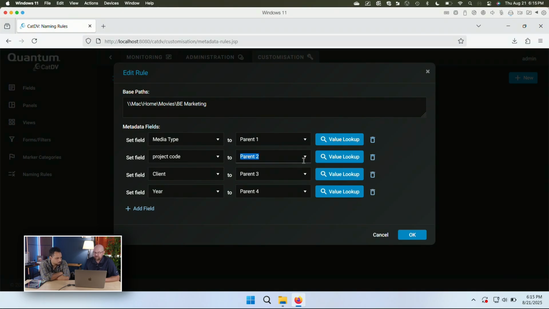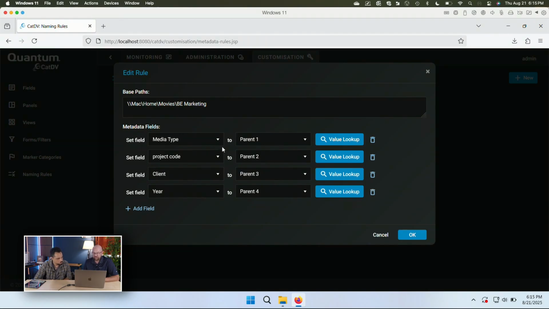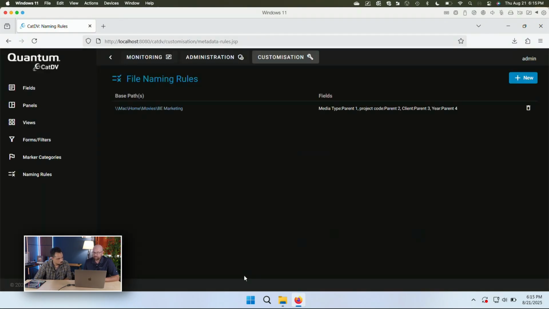That makes sense. But once again, you've got all those options. You've got path, you've got parent, and then you've got your name as well, with those kinds of divisions like a space or a dash or an underscore. Gotcha. So those are your options. So now, assuming I did it right, we will be able to build out that system.